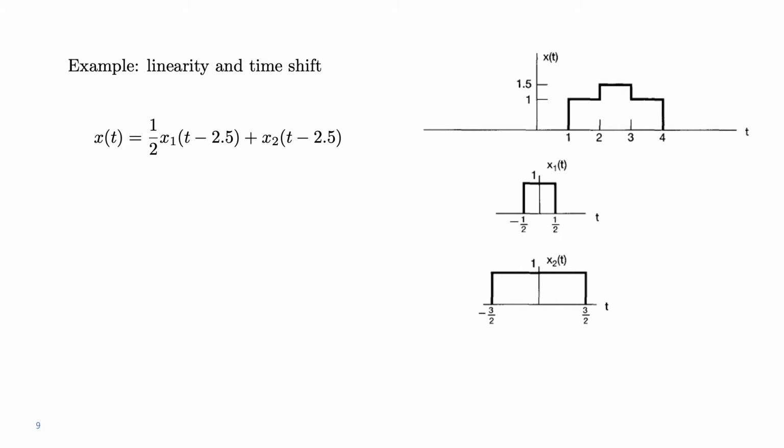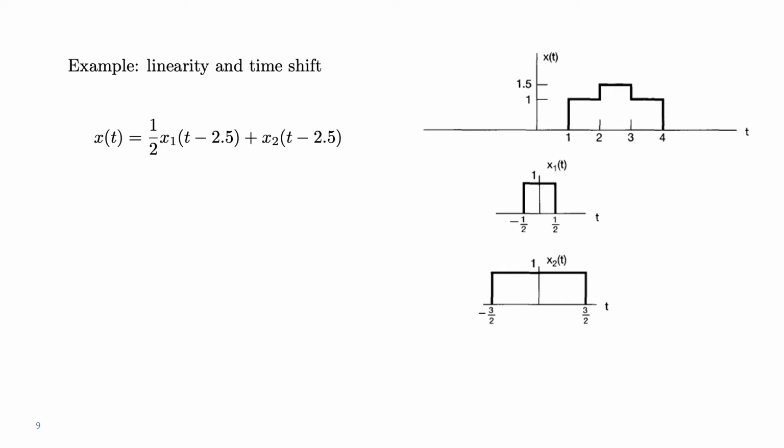So let's consider the signal depicted at the top right of this slide, that signal x of t. It has somewhat of a funny shape, and we may want to calculate the Fourier transform of this signal. We could do that by employing the formula, so the definition of Fourier transform with the integral. But in this case, I want to show you that there's perhaps an easier way of doing that.